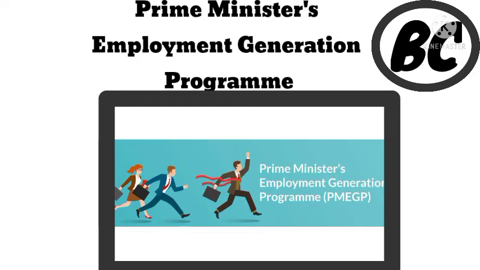Now, you might be wondering, which sectors can avail the loan under Prime Minister's Employment Generation Program? So let me tell you that. Number 1, agro-based food processing. Number 2, service and textile. Number 3, forest-based products. Number 4, handmade paper and fiber. Number 5, rural engineering and biotech. Number 6, mineral-based products. And number 7, polymer and chemical-based products. So if you are planning to start a business in any of these sectors, then you are definitely eligible to apply for a loan under Prime Minister's Employment Generation Program.